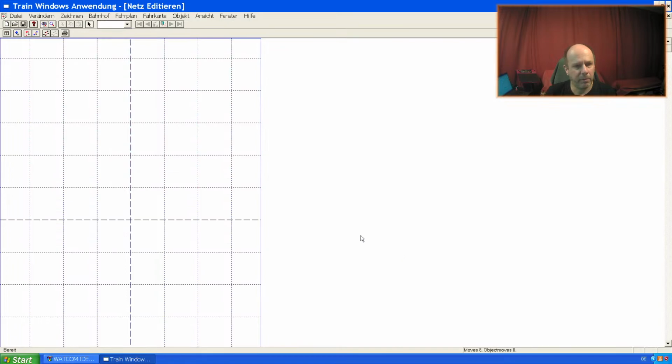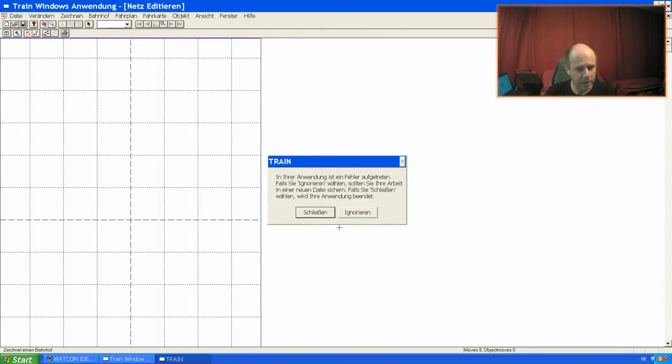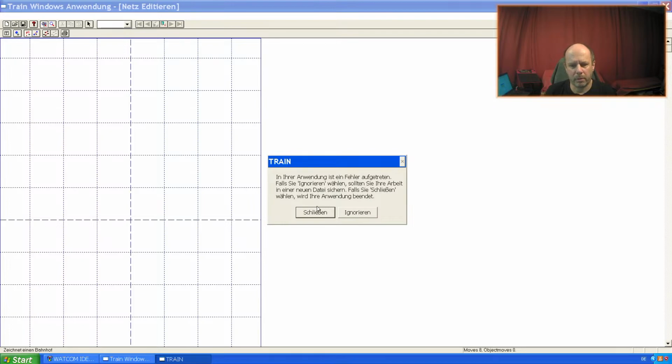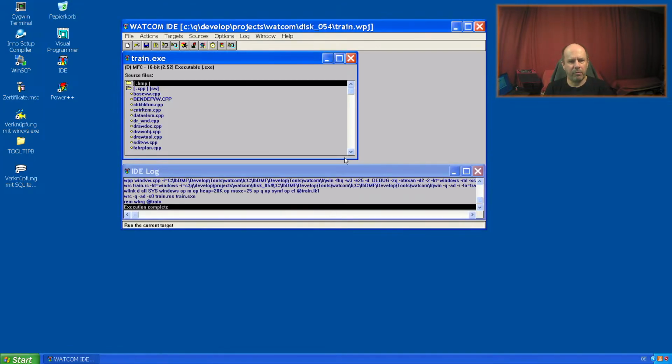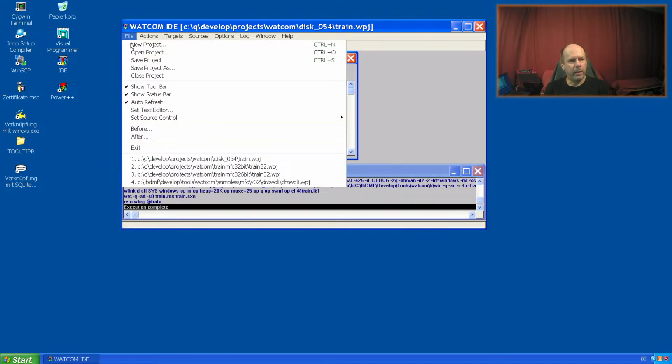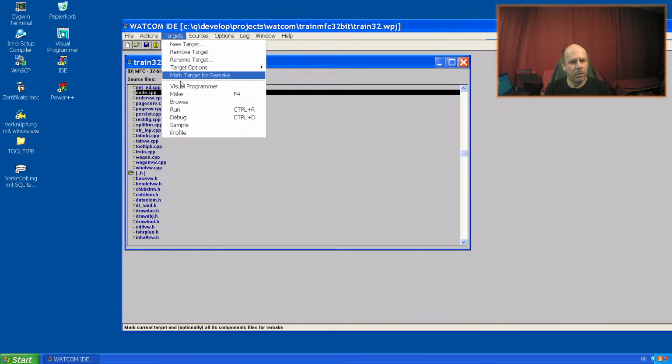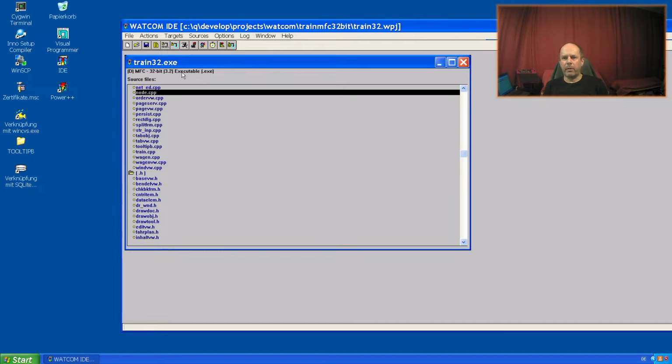And it was somehow an idea to make some graphical plan about the ride, the train stations and anything else, and this version didn't run on the 16-bit version anymore, and I have ported it to a 32-bit version with little changes, removing some thunking 16-bit code, and I need to compile it.